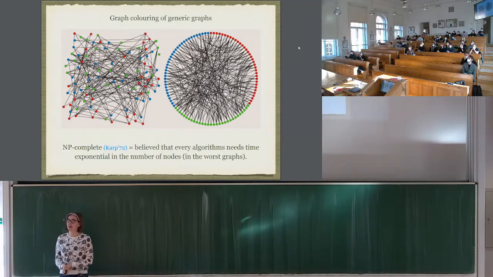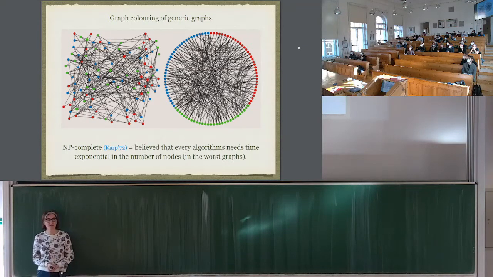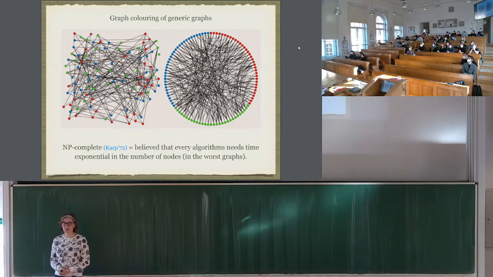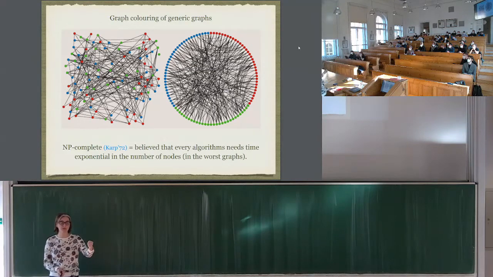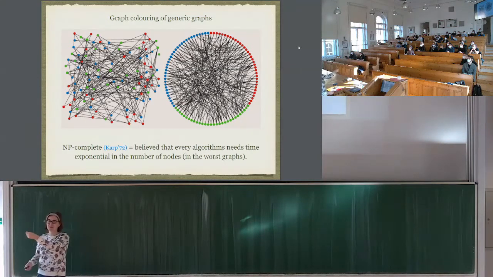And such generic graphs, where edges are crossing at will, finding whether you can color them with a given number of colors is one of these famous NP-complete problems that in computer science are the beasts of hardness, where we think that there are no algorithms that would be much more efficient than just trying all the options. You take the first point, you try the 5 colors. You take the second point, you try again all the 5 colors for all the previous 5 colors. And so on and so on. But you see that this is exploding. The number of options you need to try is exponentially exploding.